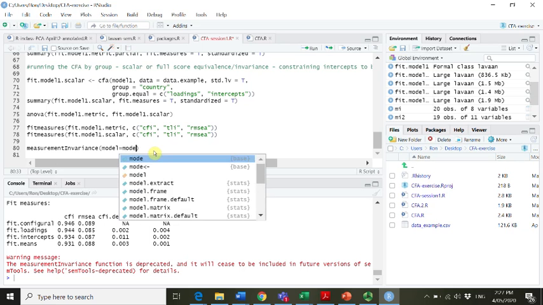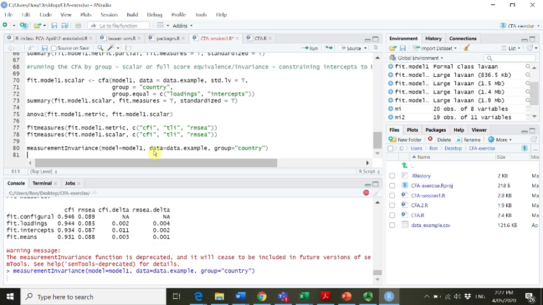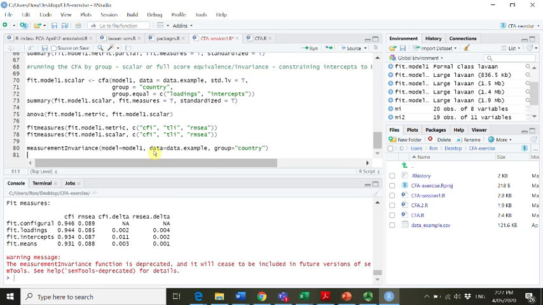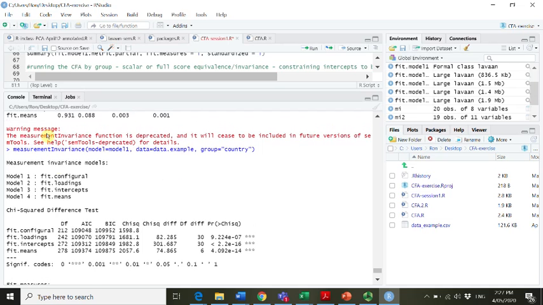Our model in our case is called model 1. We need to specify what is the data. Data, in our case it's data example, and we need to specify the grouping. In our case it is country. Remember, put it in quotation marks. Now if we run it, it takes a second because it's kind of heavy stats going, and we will get our output. And as you can see, first of all, this is giving us the